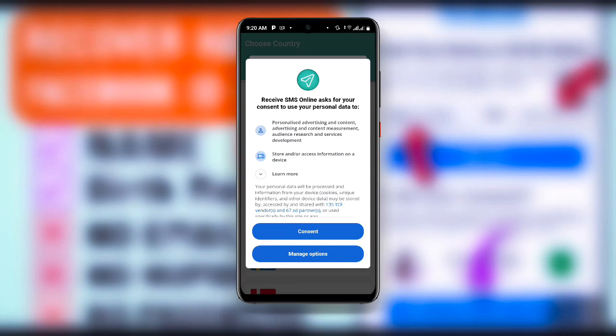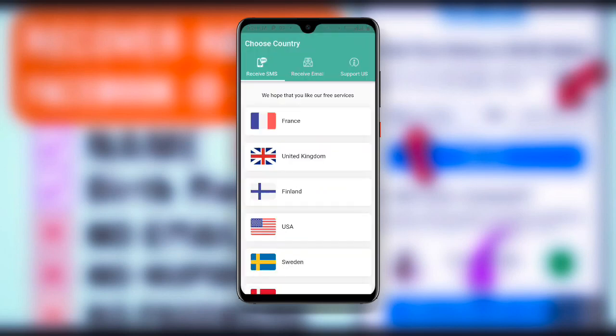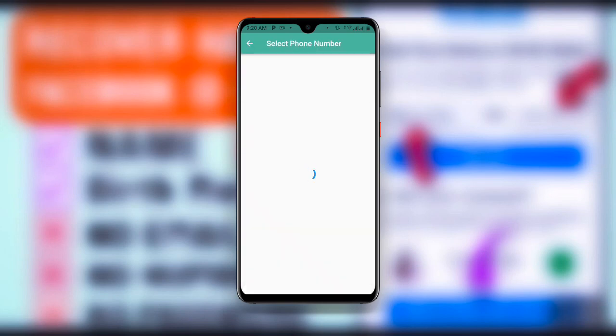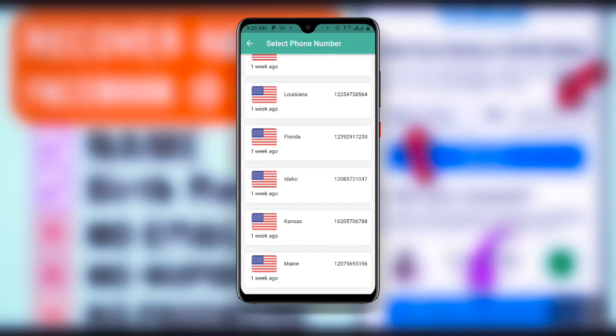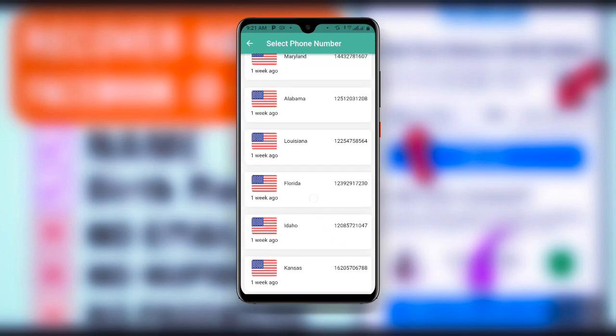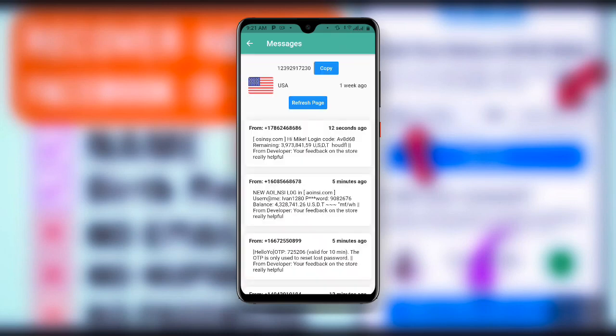So click on it and then choose your country. So you can see select phone number. Now choose the one that you prefer over here. So once you choose it, you can see the number over here. Click on copy and you can see copy it over here. Now once you click on copy,